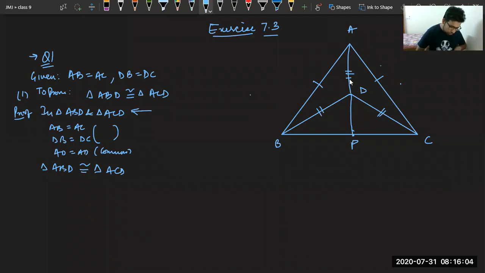Now, Gurleen saying BAD equal to CAD. Yes, Gurleen. Now see, the second part we have to prove, I'm not taking anything right now, CPCT. I'm first taking the second part. The second part I have to prove is triangle ABP is congruent to triangle ACP. This is the second part. So ABP is the bigger triangle and ACP is the bigger triangle.